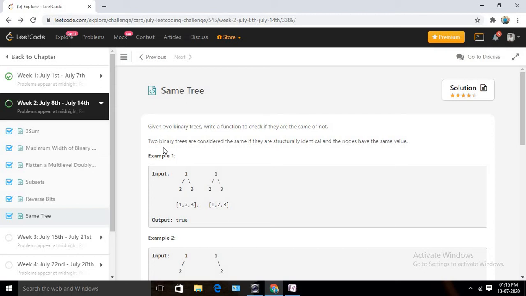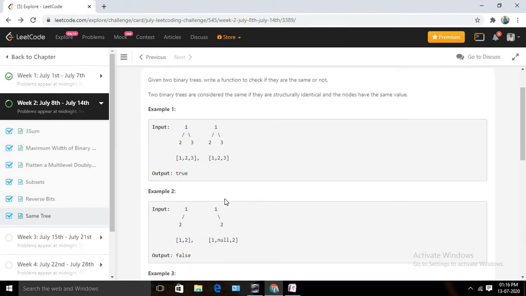One criterion is that both trees should have the same number of nodes, and if we pass this criterion, then the second criterion is that each and every node should have the same value, right? So if you check the first example, you can see that both trees have 3 nodes and their values are also the same. In this case we are going to return true.